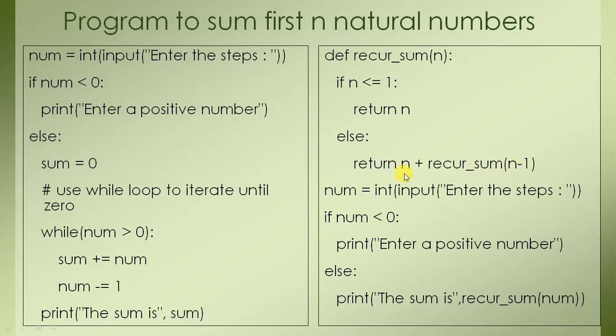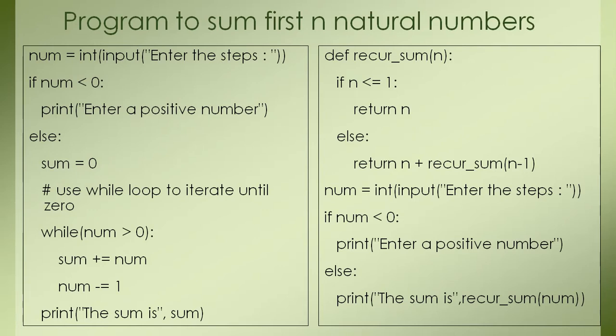Okay, so if you want to add 1 plus 2 plus 3 dot up to n, then you can represent the same as in this line, n plus addition of numbers up to n minus 1. So this is the recursion step, and the base step, that is, if the value of n is less than equal to 1, the sum will be written n. The value of n, that will be 1, so we will be returning 1. So we are adding the terms from 1 to n.